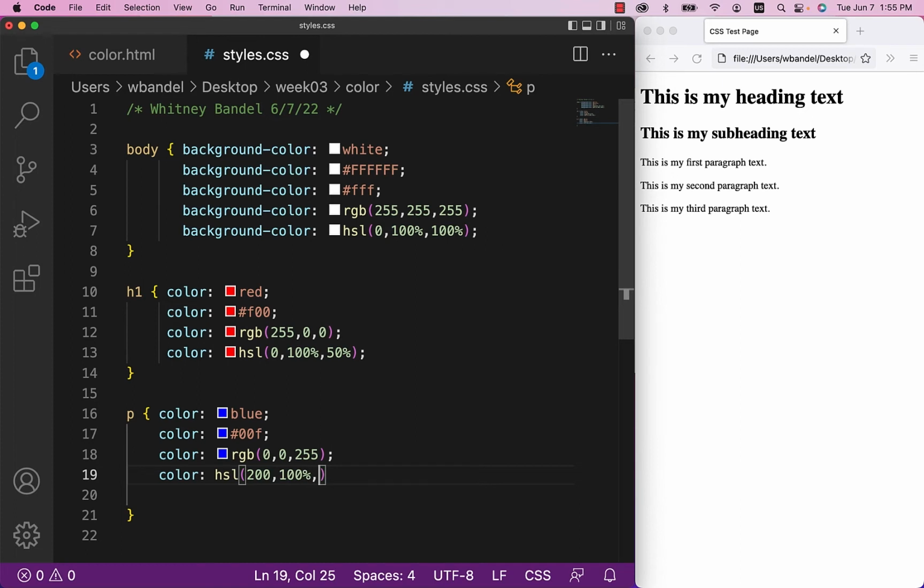Let's do 100%, 50%. Let's see what, yeah, that's wrong. I think it's, let's try 240. Yep, 240. Okay. You'll start memorizing them after a little while. All right, so I'm gonna save this, refresh, and now we have the